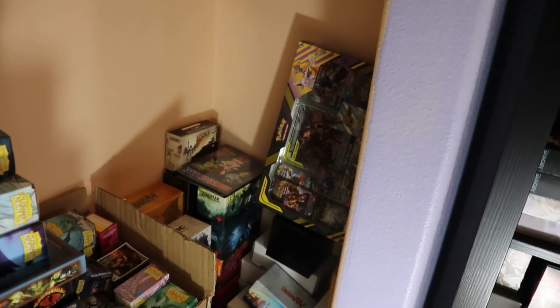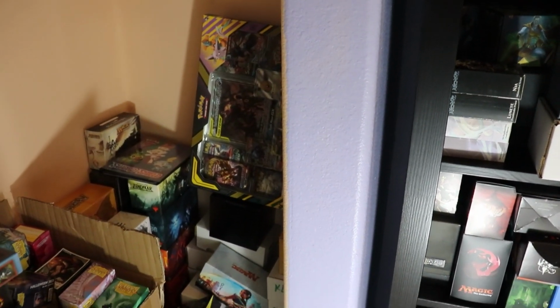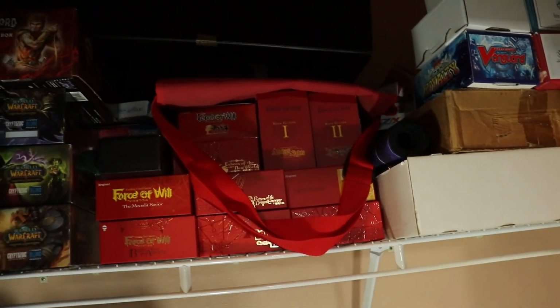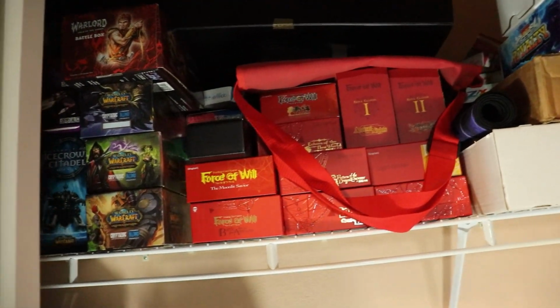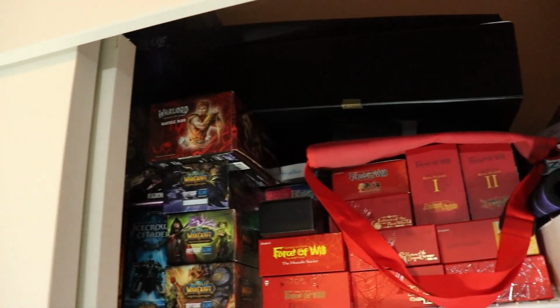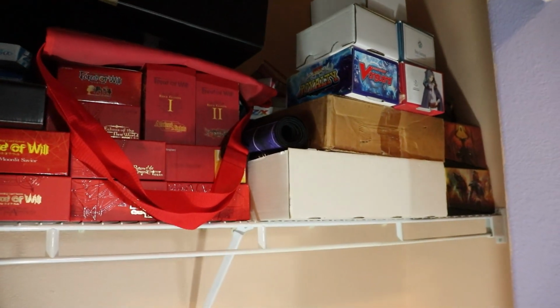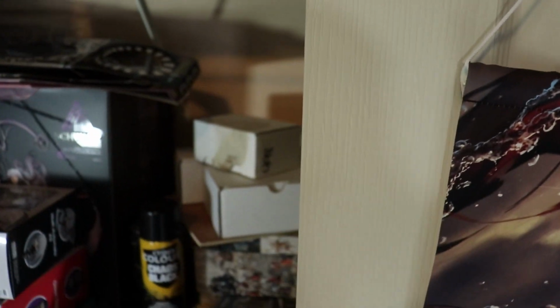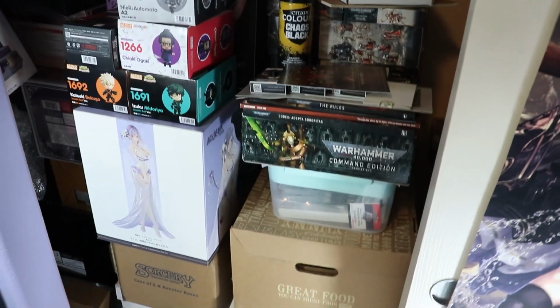Here's some Pokemon. That is a sealed Eevee Umbreon collection thing. Here's some Force of Will. Here's some World of Warcraft. There's a box of Warlord. Yeah, just a lot. And then let's go to the other side. And here's even more